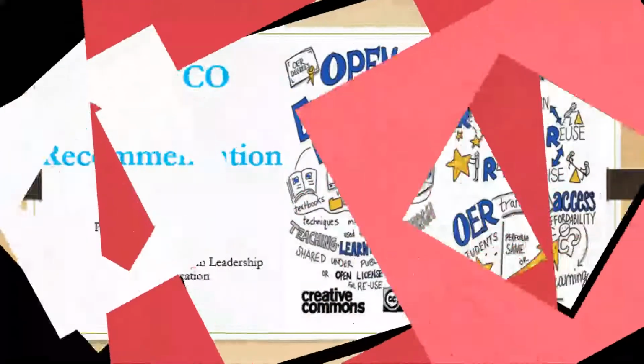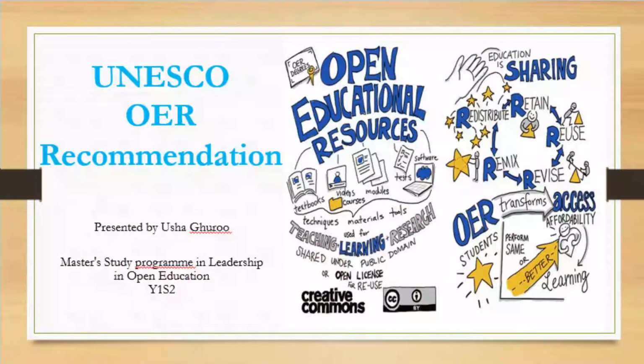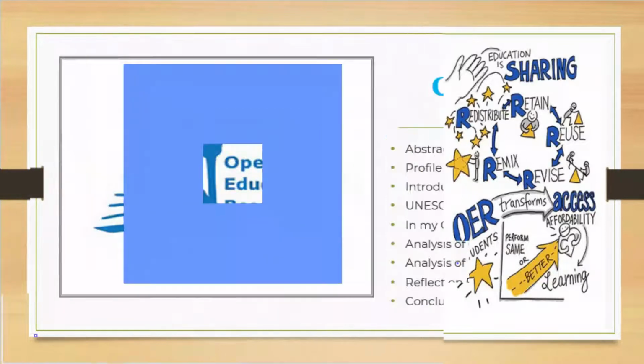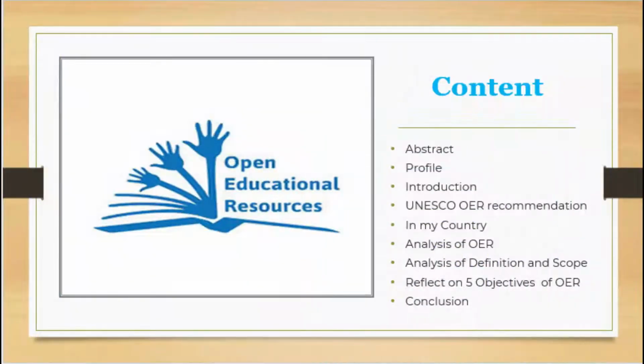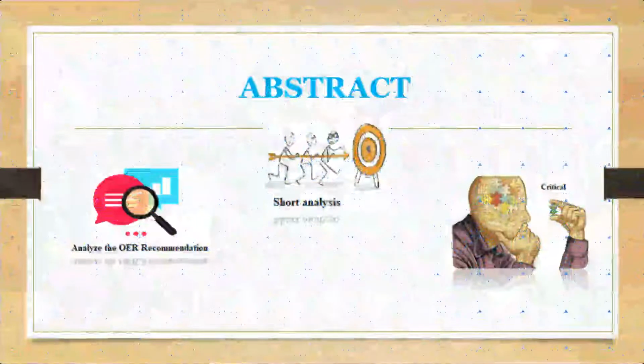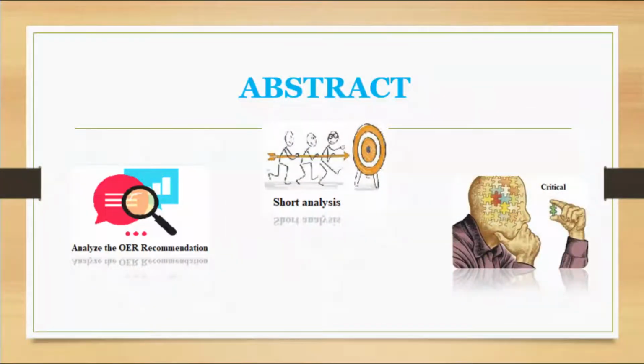Good afternoon, everyone. My presentation will be on a critical analysis of the UNESCO OER recommendation, which is based on the content: the abstract, the profile and introduction, the UNESCO OER recommendation itself, the position in my country, the analysis of the OER, analysis of definition and scope, the reflection on the five objectives of OER, and the conclusion. This paper will analyze the OER recommendation for my module Open Education in Society, which is part of the